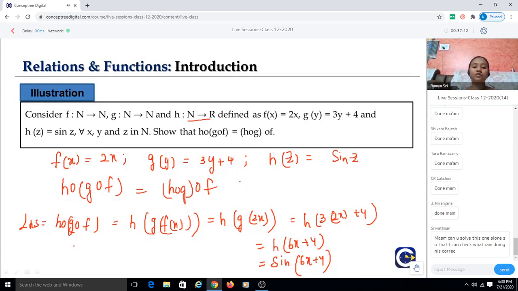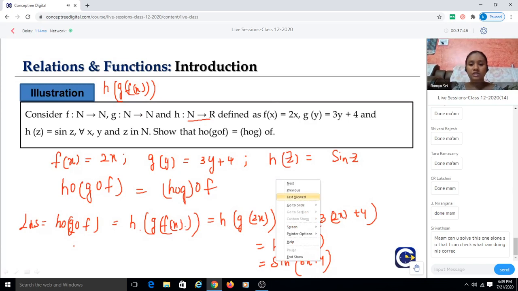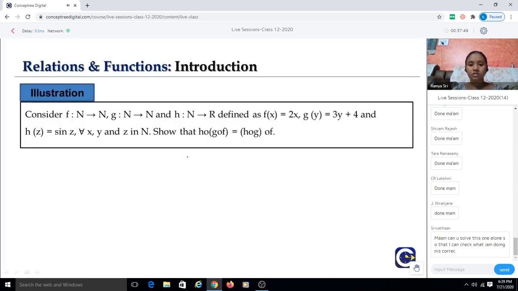So similarly, if you try to find the RHS, that means h of g of f of x. So typically the same thing here, right? As I have expanded, you are having h of g of f of x, and even our RHS is h of g of f of x, which means both our LHS and RHS will be equal, and which is nothing but they are satisfying our associative property. Yeah, okay, I'll just solve the entire thing.